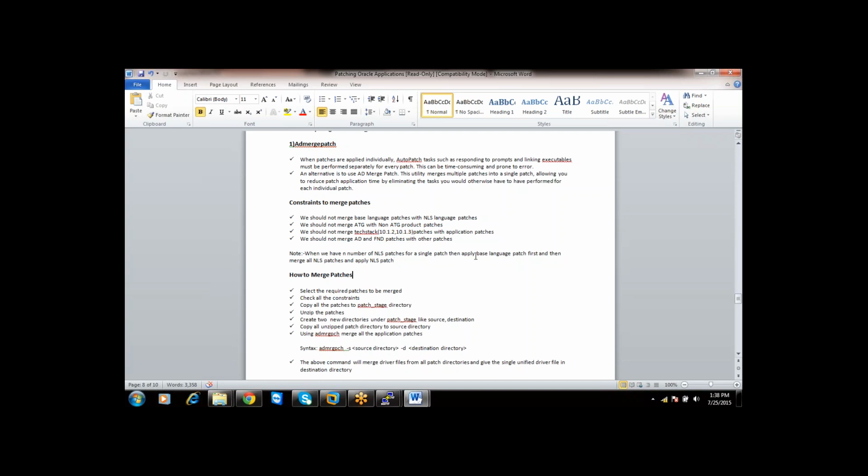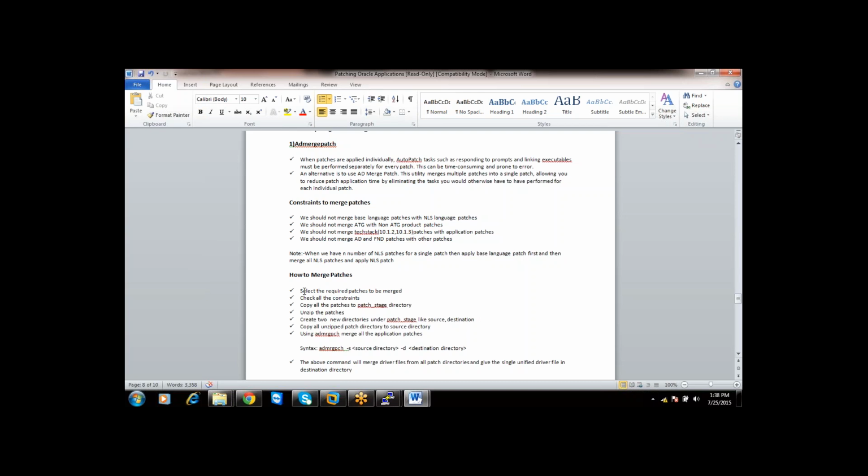Moreover, if there are language patches for your applications, say your customer also installed Brazilian language, how do you apply your patches? First you have to apply the base patch, the US patch. The US language patch will always be the base language patch for all patches. Then you have to apply the Brazilian patch. Your patch will fail if you directly apply the Brazilian patch, because you didn't apply your base language patch. First apply the base language patch and then apply the language patch.